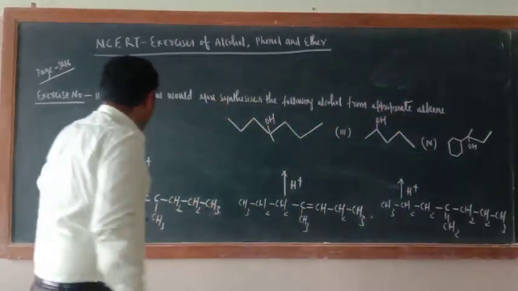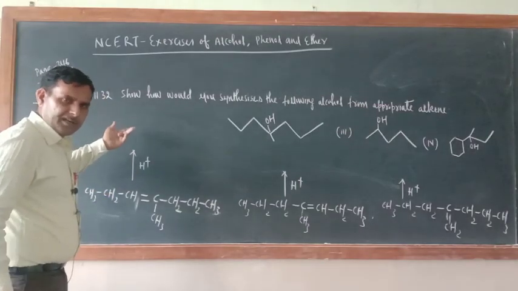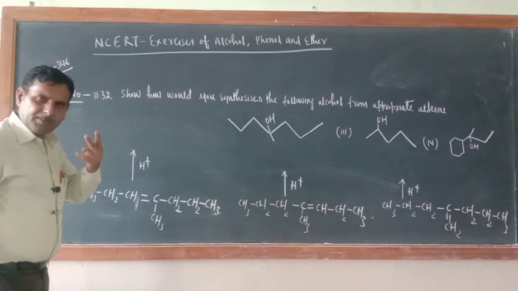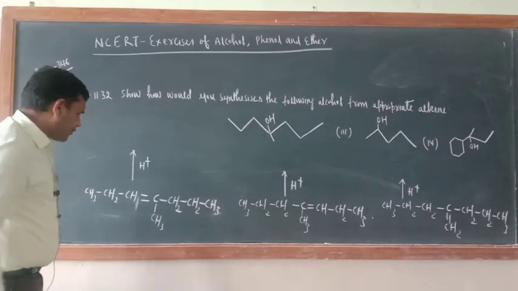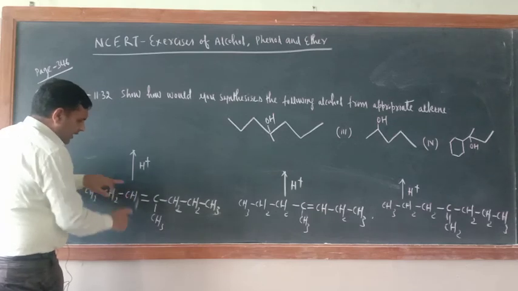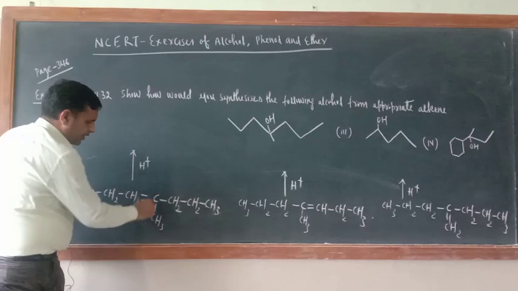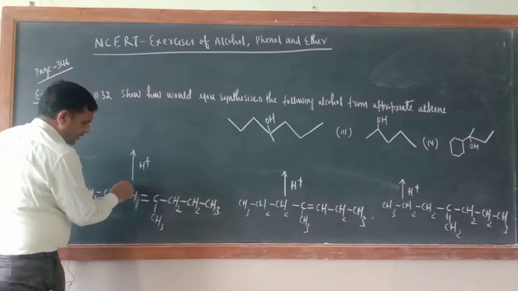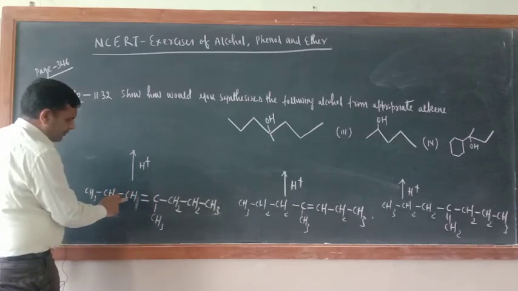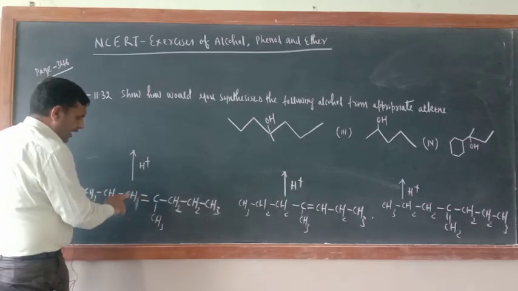Okay, now we are going back to hydration of alkene. What is the first step of hydration of alkene? Addition of proton. Now just see, here two sites are there. If you add a proton here, then a 3 degree carbocation will be generated. If you add a proton here, then the positive sign will come here, and that will be 2 degree. So where is it better to add? It is better to add here.